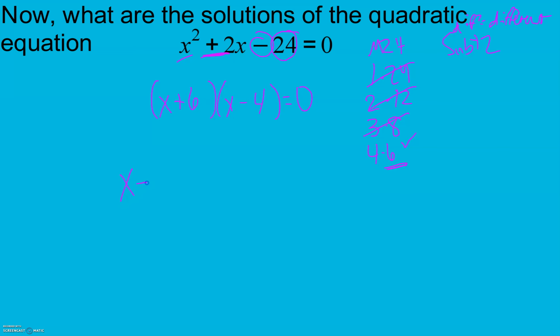Zero product property says the only way we multiply to 0 is if one of our factors is 0 or our second factor is 0. So we solve here for x and get negative 6 or